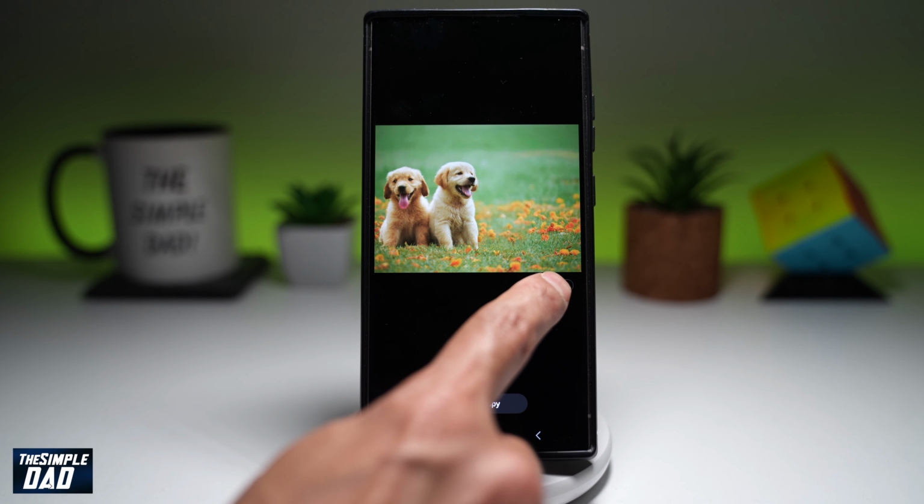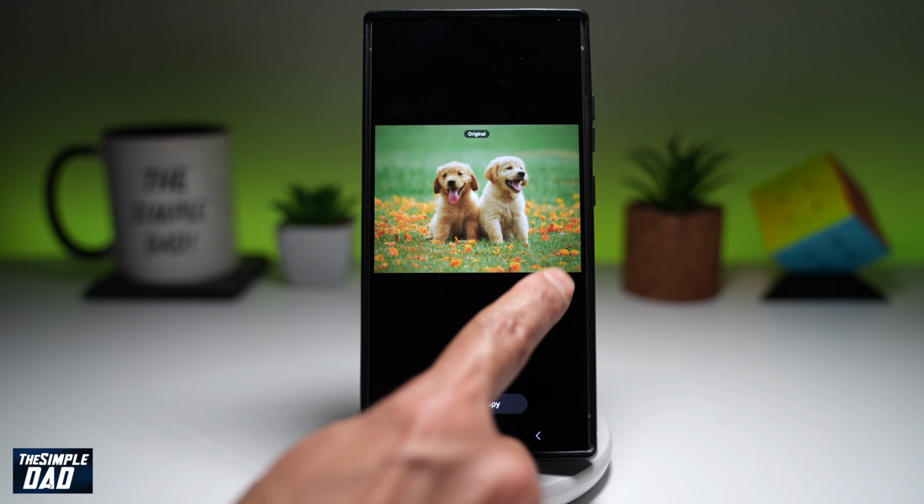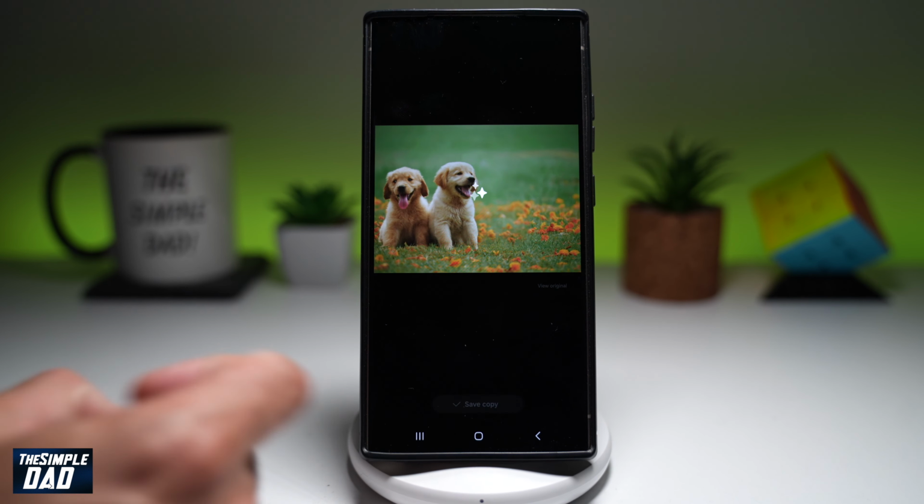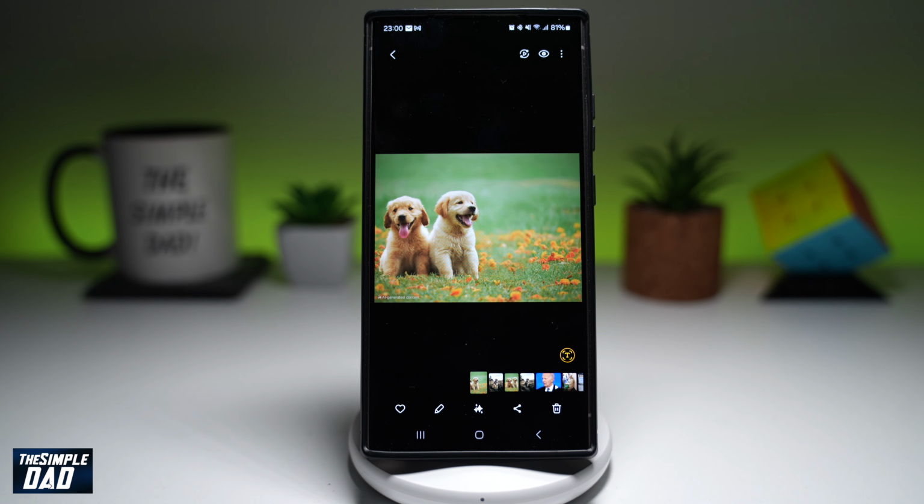And as we look at the original, this was what it was before, and this is what it is now. And once I'm happy with it, I'll go ahead and tap on save copy. So there you go. That is how to move an object or a subject in an image on your Samsung